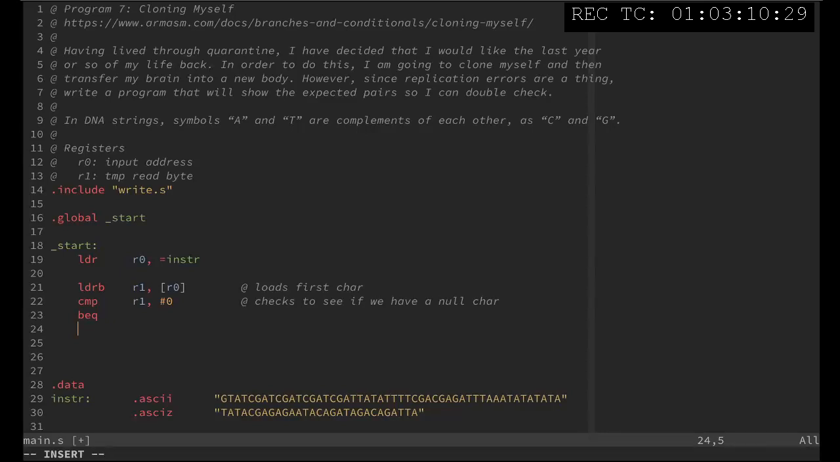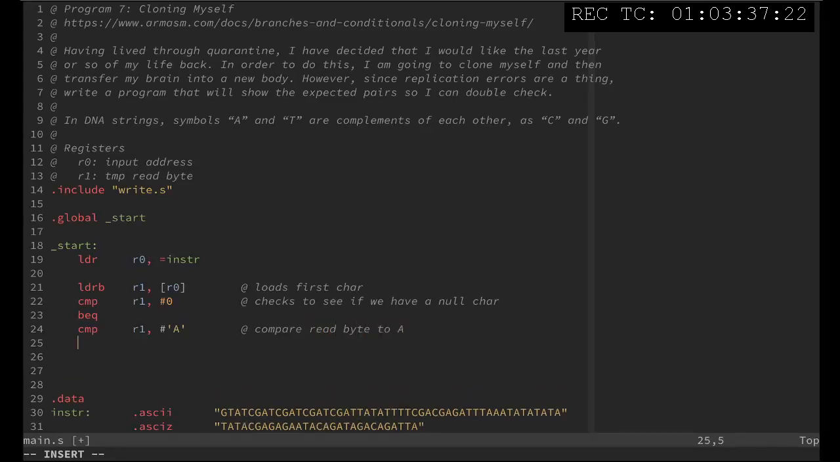So the next thing is, let's start with A. Let's see if we have an A here. We're going to compare our register 1 with A. And again, you can use a single char by putting the number sign and then the character in single quotes. And if this is A,